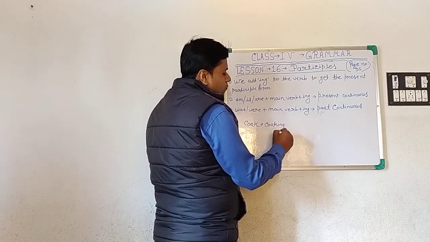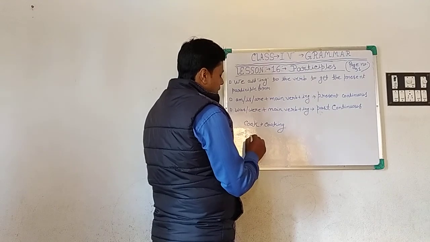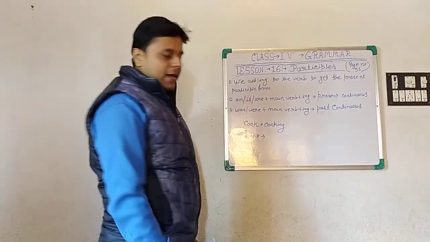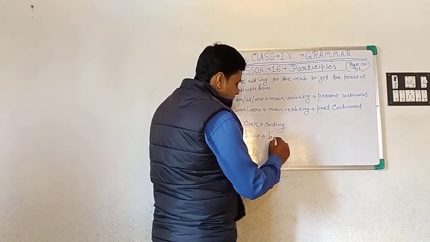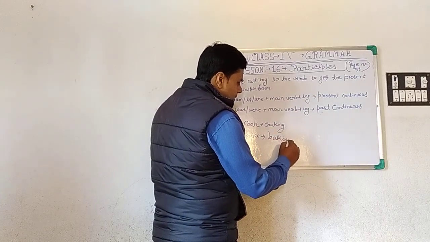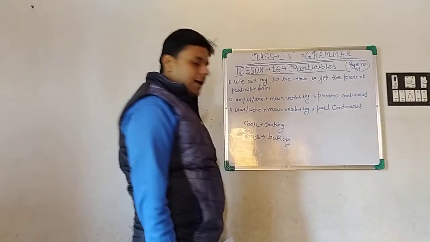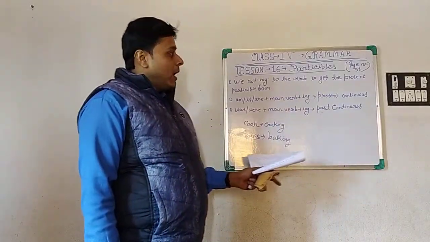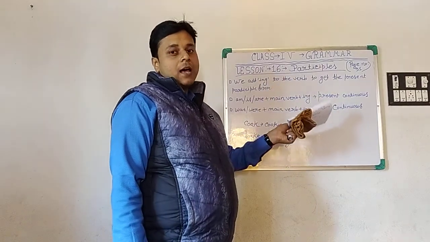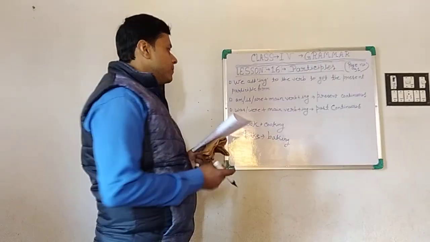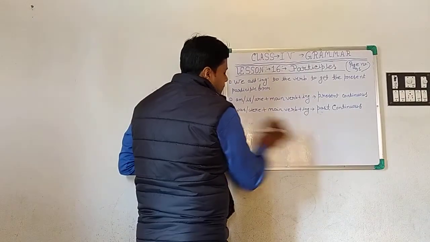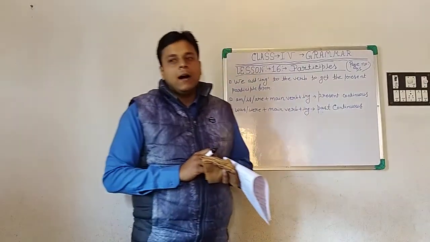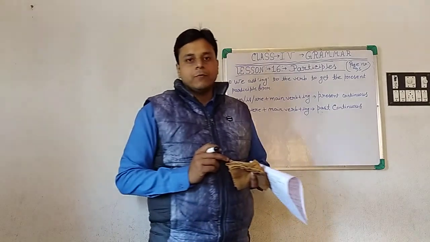In the previous class, we also learned it with bake. Can you tell me the spelling? Can you remember the spelling? Bake, baking, B-A-K-I-N-G. We drop the E and add ing. In the previous class, we learned it. Okay, so now in this class we will learn a new topic: present participle. We add ing to the verb to make it a present participle.